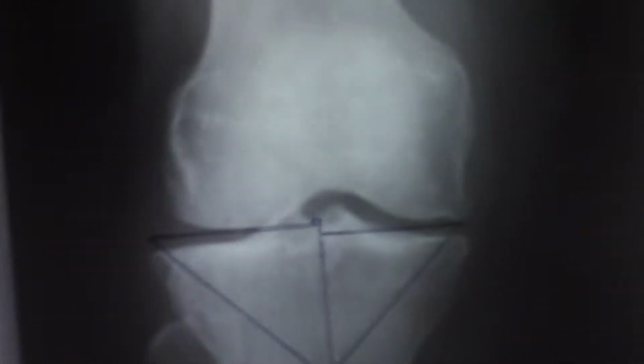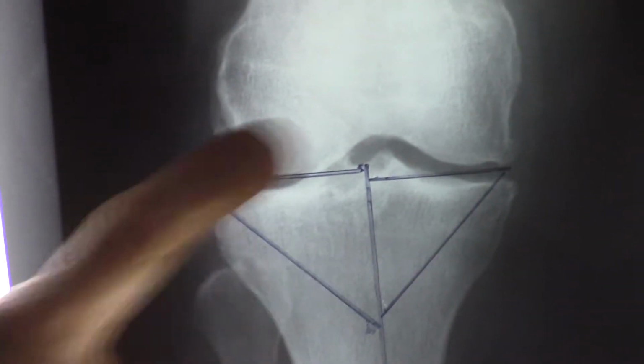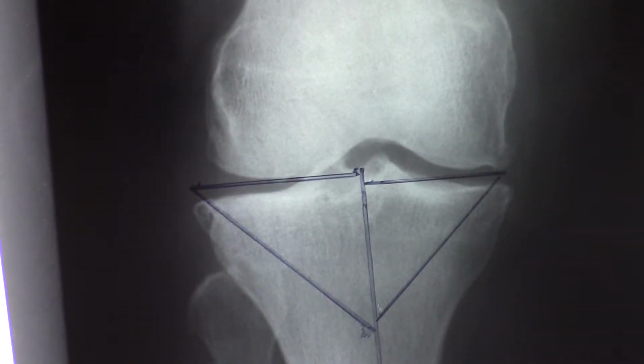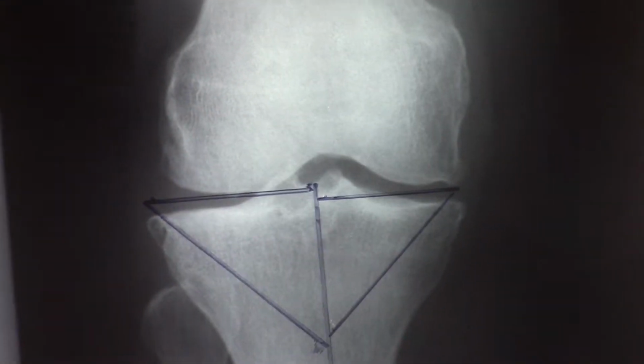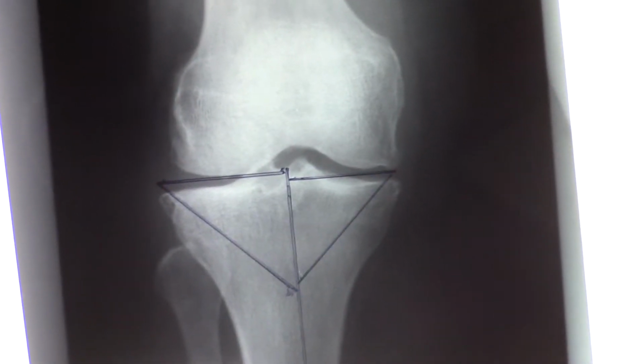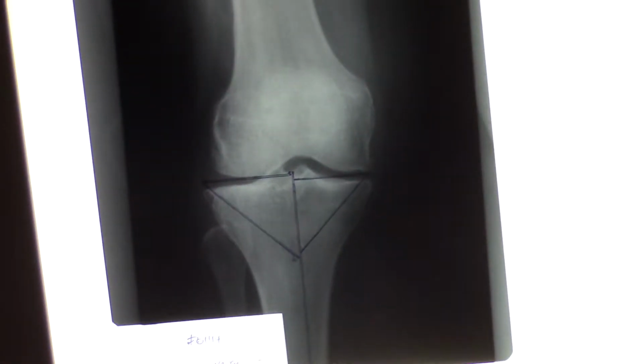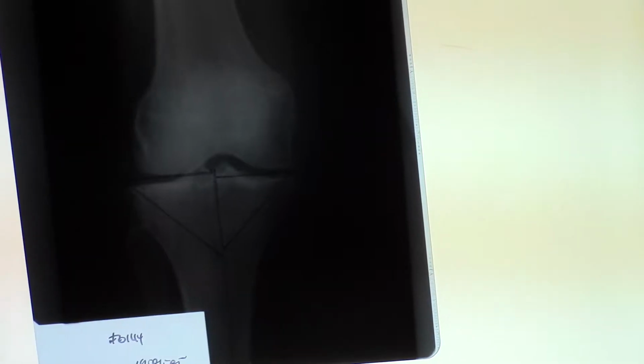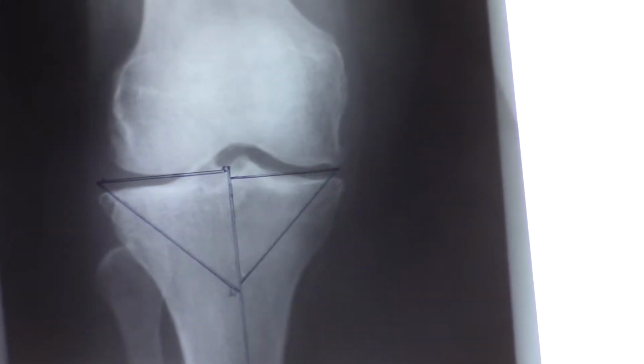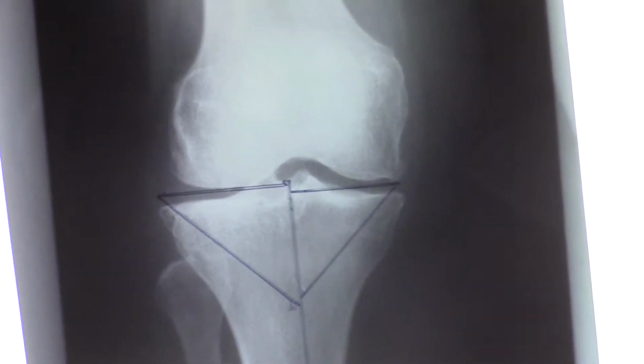But this is in 1980. It probably was bothering her just a little bit. So she went to the doctor. The doctor took an x-ray, saw that there were some arthritic changes in the knee, and just like any other doctor would have, there was very little that doctor could do. Back in 1980, and still the same today, there's nothing a doctor would be able to do to help a patient if they appear in their facility with these types of changes, because in a doctor's mind, they're thinking in terms of,